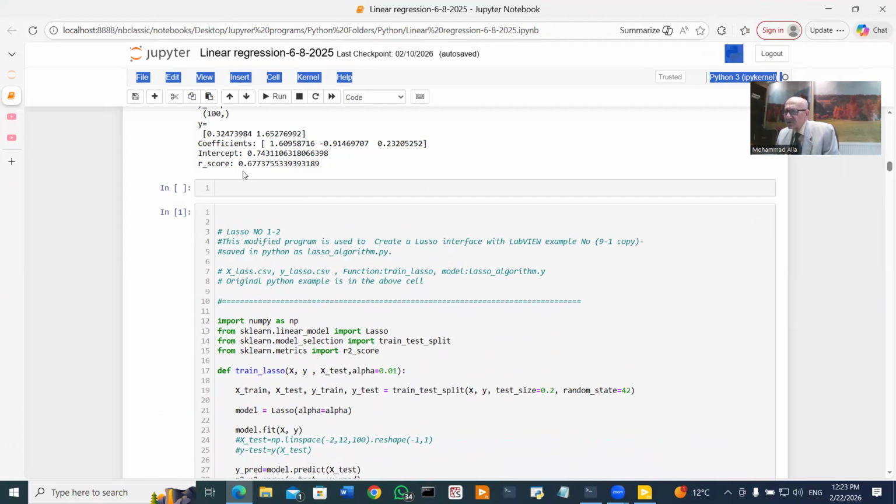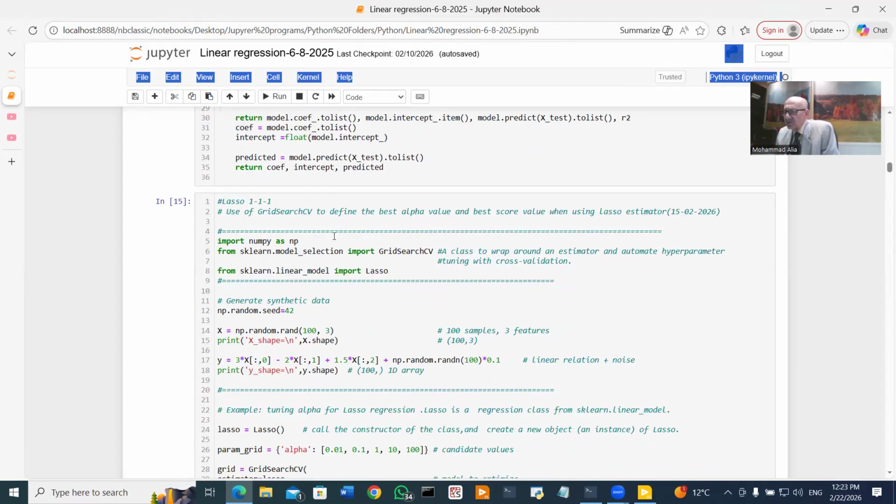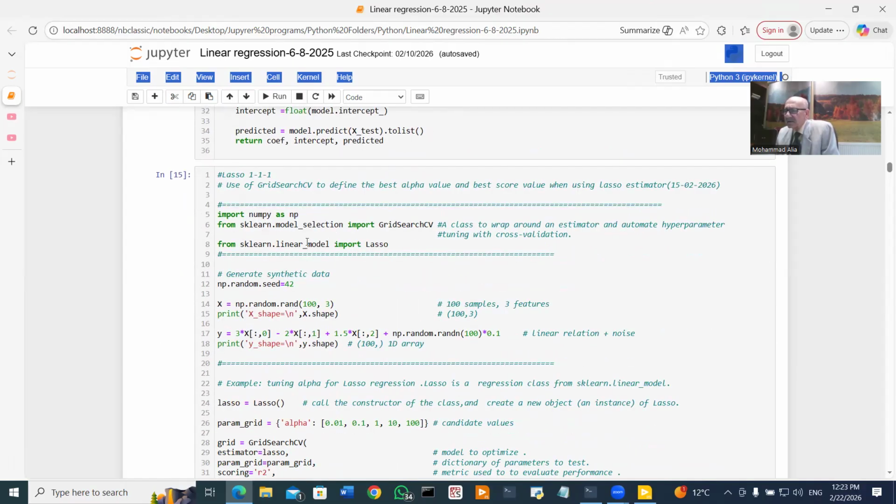Remember 0.677, there it was 0.68, 0.743, exactly the same. These coefficients were exactly the same. So everything is okay. Now we move to another program